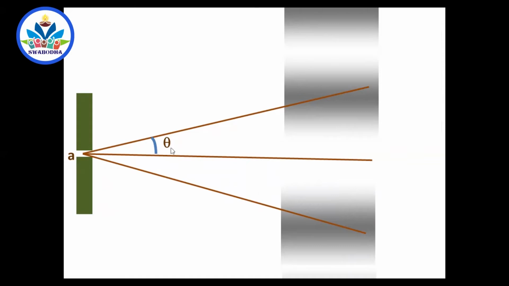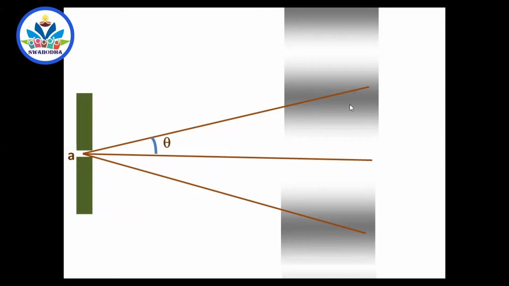Now, what is the angular width of the bright fringe? Angular width means, suppose you stand here at the slit and look into the central bright fringe. If you can see the full bright fringe, what is the angle it will create? Suppose you go to a hill, look into the whole world. What is the angle through which you can see the world? That is 180 degree. It is quite obvious because you can receive the rays as parallel as possible to your face. Because our eyes are situated in such a way that you can receive light from the leftmost end to the rightmost end. It is 180 degree angular width.